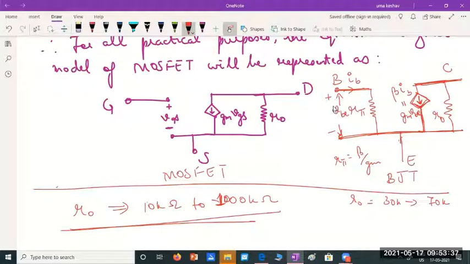So please remember both. In the next module, we'll be doing analysis of BJT and MOSFET amplifiers, and we will try to find the various parameters like gains and input and output resistances. Okay, in the lab also you will be doing that. Practically also you will find, theoretically also we will find, it should match. So remember, when we do that amplifier analysis, we will replace the device with the equivalent electrical models.